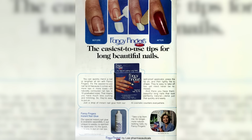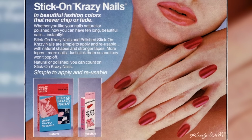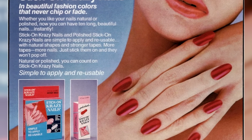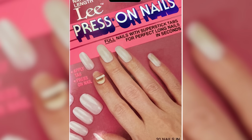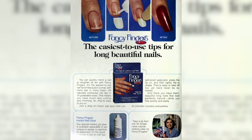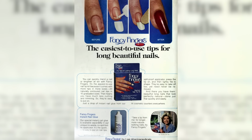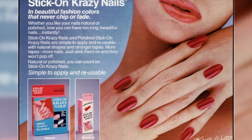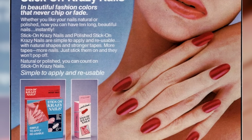For those who wanted instant glam without a trip to the salon, press-on nails were the way to go, and it would always help to keep a few extras in your purse, because I remember having some in the 90s and mine would just fall off in random places. I think even at the grocery store one fell off on the conveyor belt. They came in various colors and patterns, ready to apply,